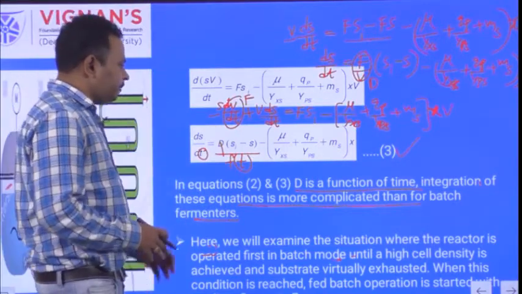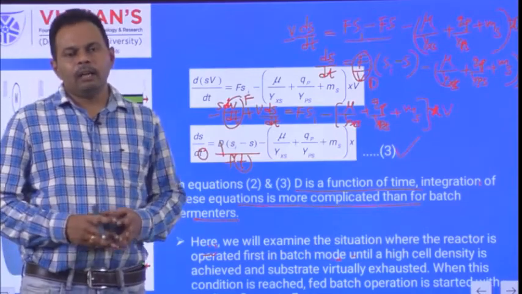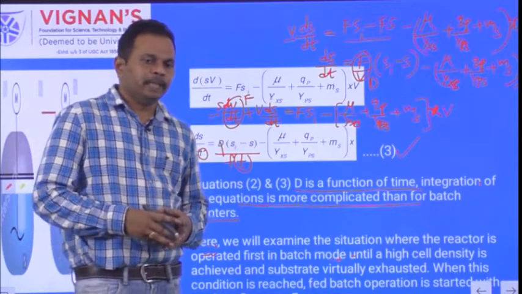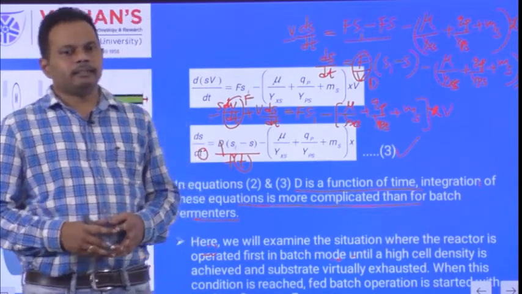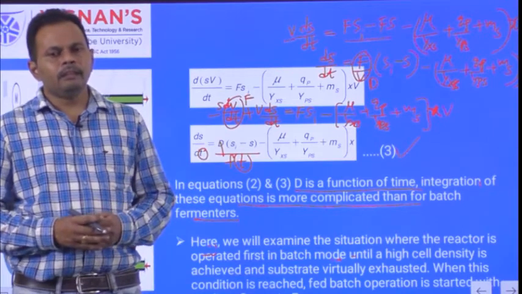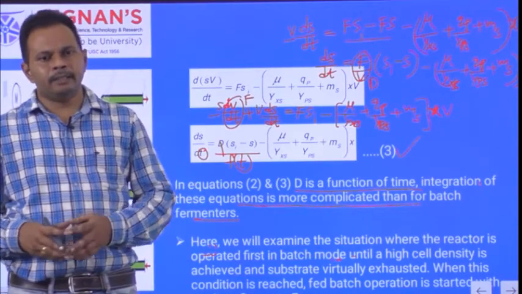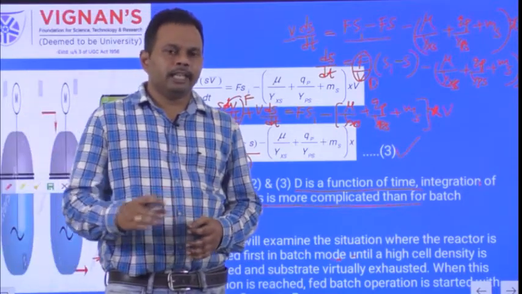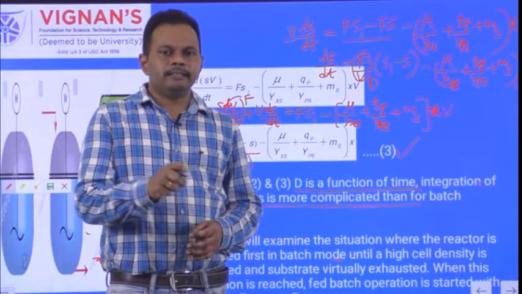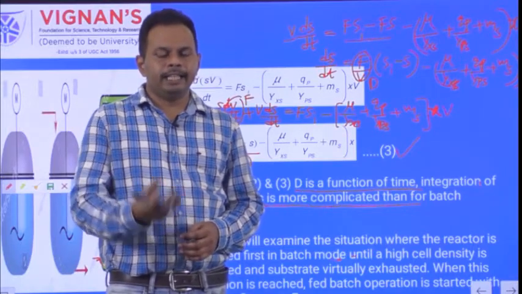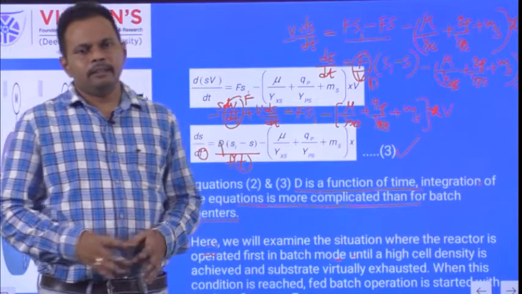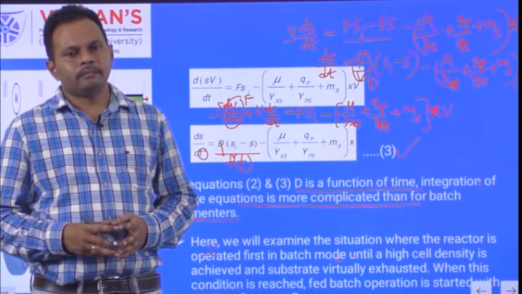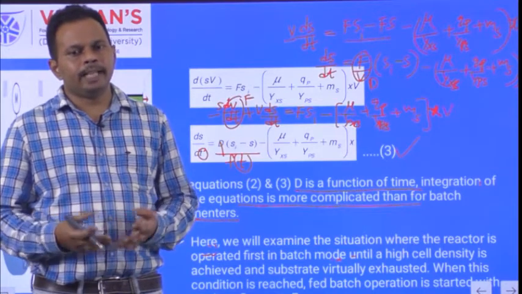For this, first operate the fed batch fermenter in batch mode until you obtain a high cell density. Batch mode means that before the start of the biological reaction, you send all the liquid nutrient medium and cells into the fermenter and start to carry out the biological reaction. After a certain time T of the biological reaction, your cell density becomes significant. Why? Because cell division and proliferation take place, and the cell concentration reaches some significant value.